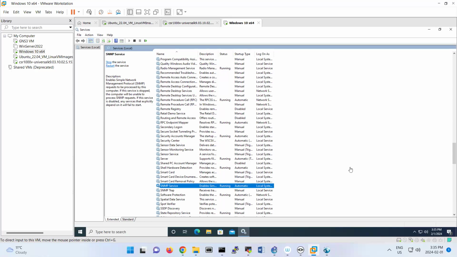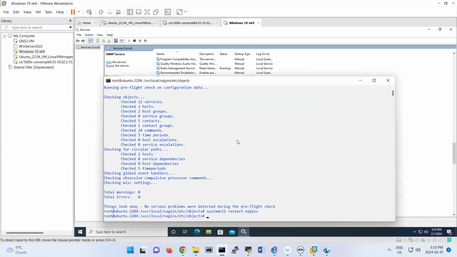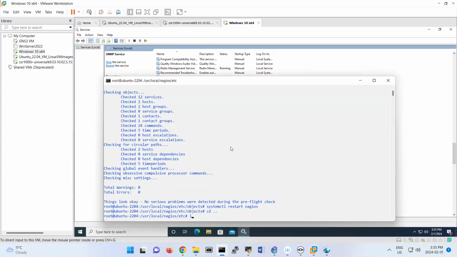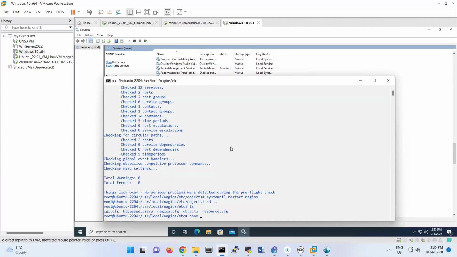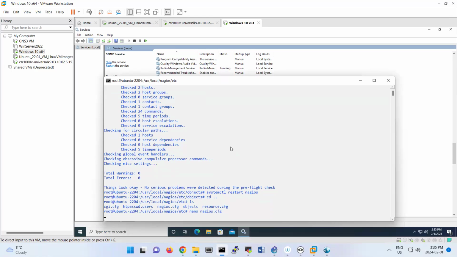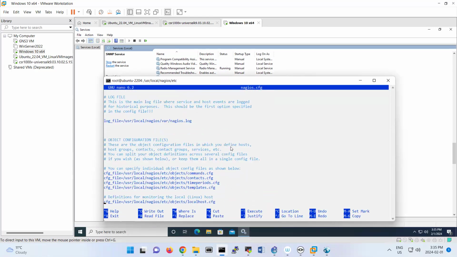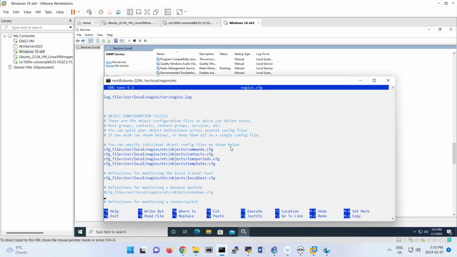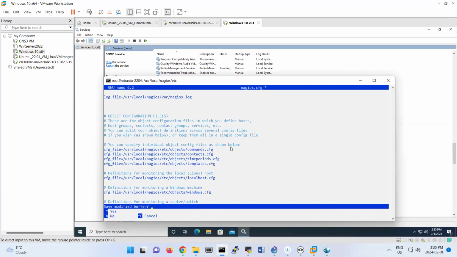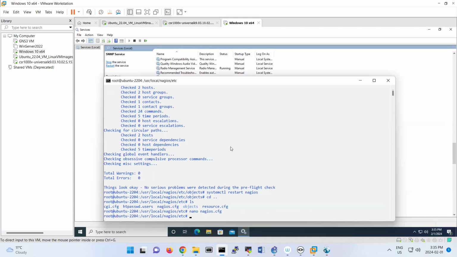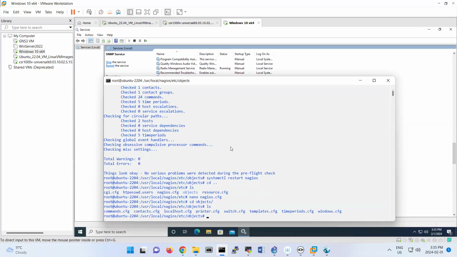So what we're doing now, we are moving to one upper folder, nano nagios.cfg. Remove this Windows option, save it. Then go through the objects. Here we should have Windows also, the last one. You see that? The last one. And then nano